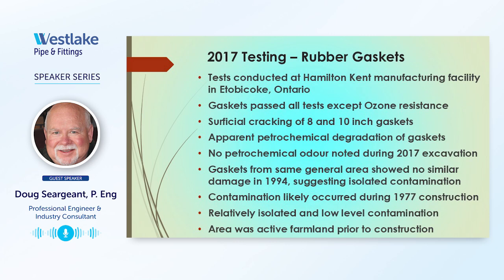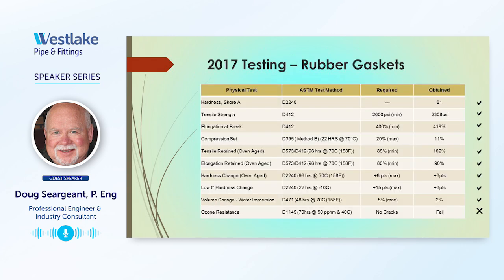With the rubber gaskets, we took them over to Hamilton Kent's manufacturing facility just outside of Toronto. And the test passed everything that would be expected of a new rubber gasket except for the ozone resistance. And the ozone resistance is when there's a problem with some cracking in the material. This is just a list of the different tests that they would have looked at. And the bottom one with the X beside it is that ozone resistance, and it failed